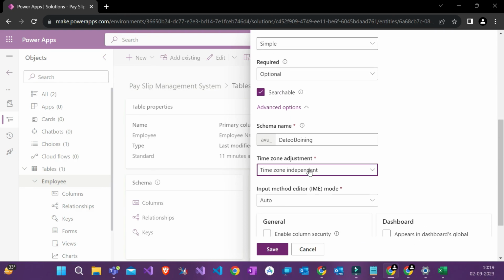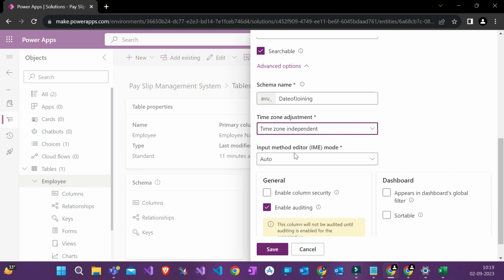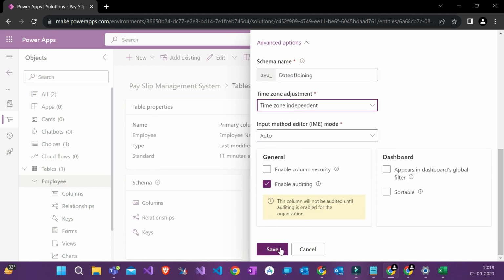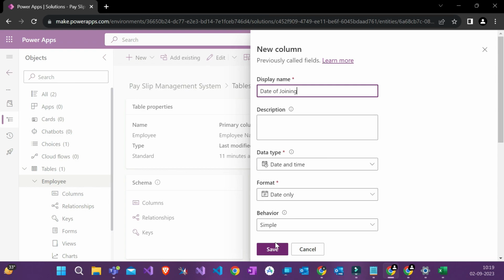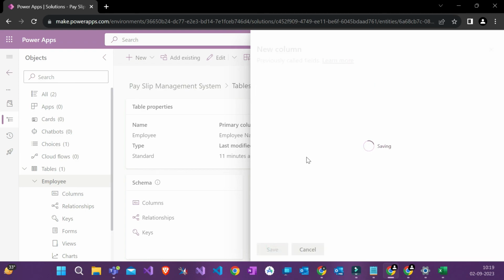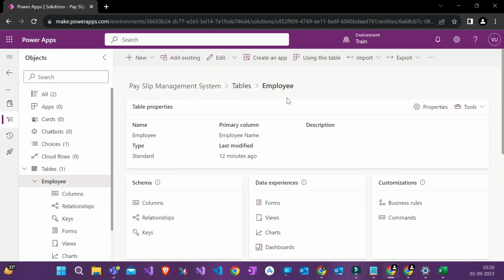क्या मैं इंडिया में हूँ? If I put user local, and this database is registered in US, वो US के टाइम में कन्वर्ट करेगा. That is gonna be problem. So what I want is भाई मेरा कहीं भी business हो and anywhere from the world my users are, I want them to be able to have that exact details. जो enter करे वही चाहिए मुझे. तो टाइम जोन इंडिपेंडेंट सेलेक्ट करके next new